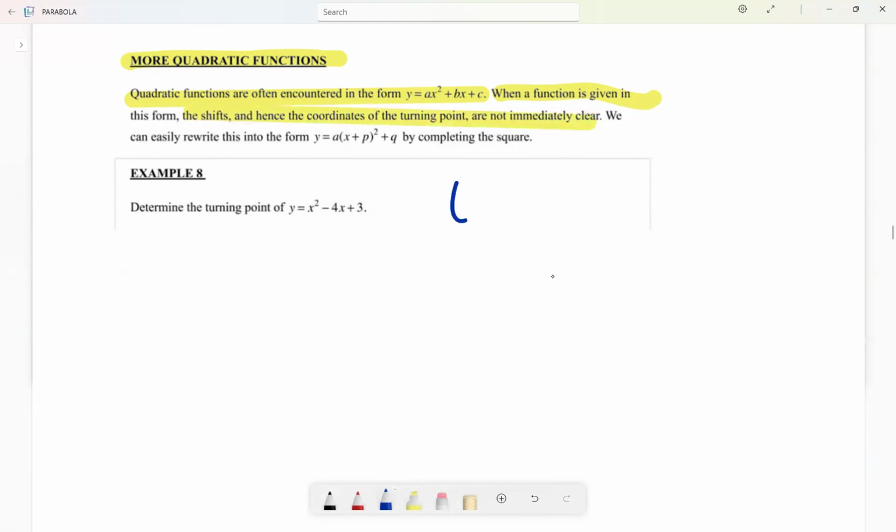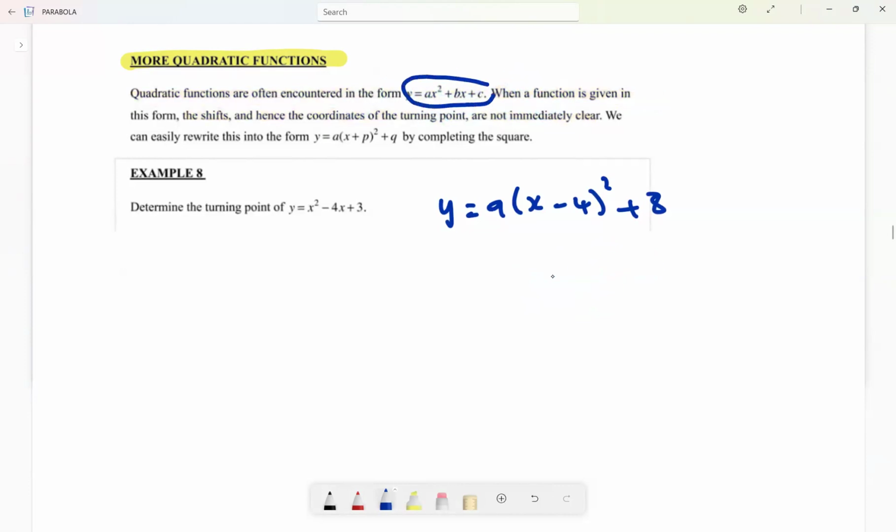Unlike when we are looking at y is equal to a into (x minus 4) squared plus 8. This we can see that it's shifted. Remember, I said if your p is negative, it shifts towards the right. Remember, x minus 4 is equal to 0, therefore x is equal to 4. It will be moving towards the right. I can see it moved 4 units towards the right, okay, and 8 units up. And also the turning point, it is what? 4 and 8. But now in this standard form, I cannot see all those things clearly,